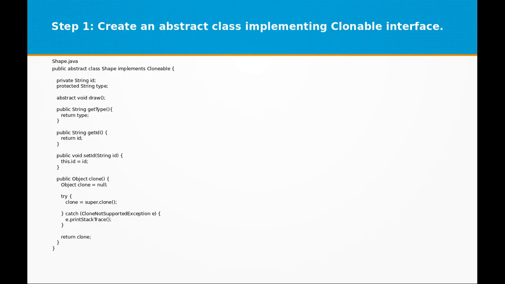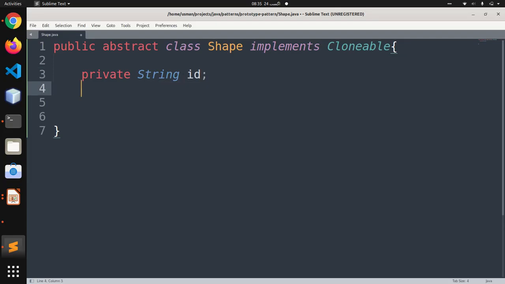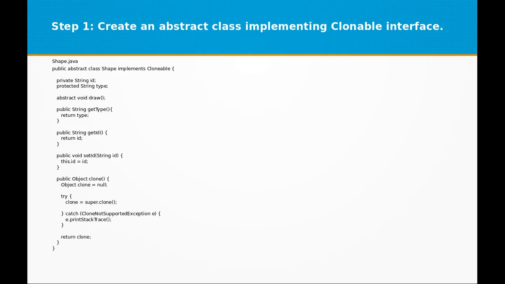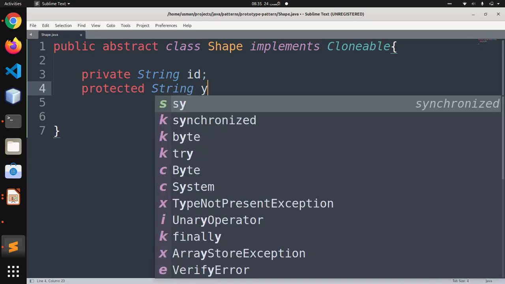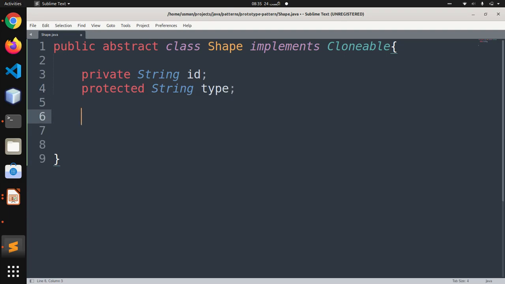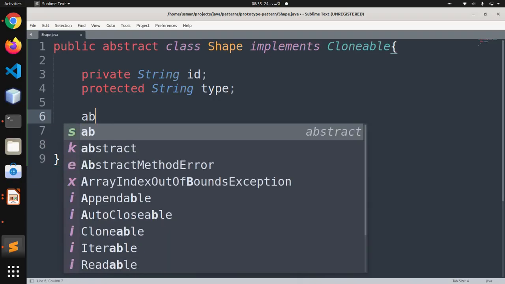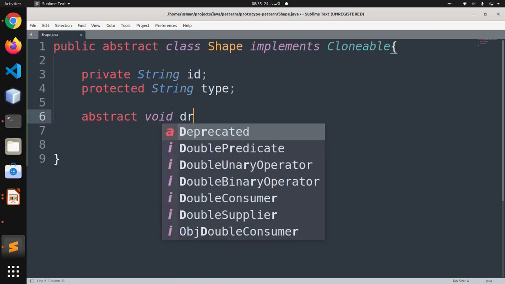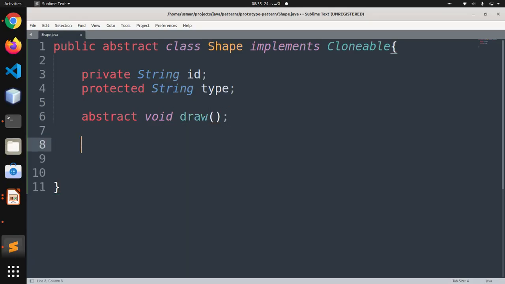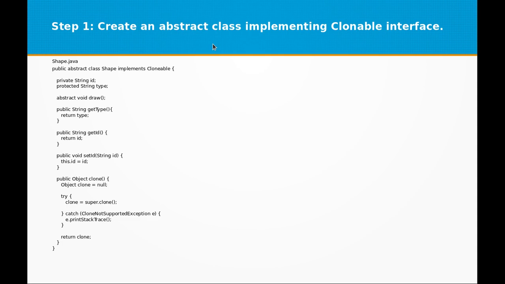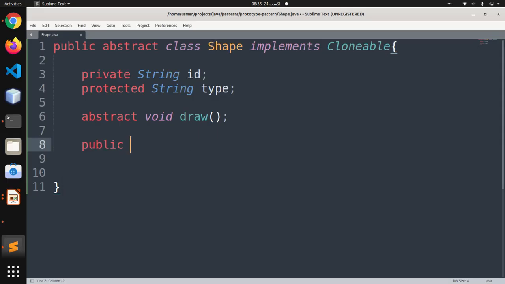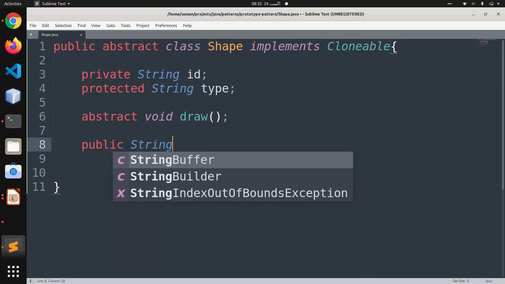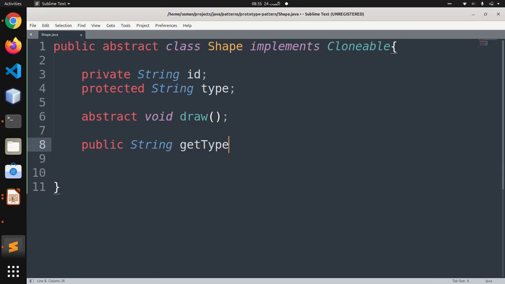The first property I'm going to create is a private String named id. Then I'm going to create a protected String called type. Now let's create an abstract method, void, called draw. It doesn't return anything. The next thing we are going to create is a function that returns a String called getType.